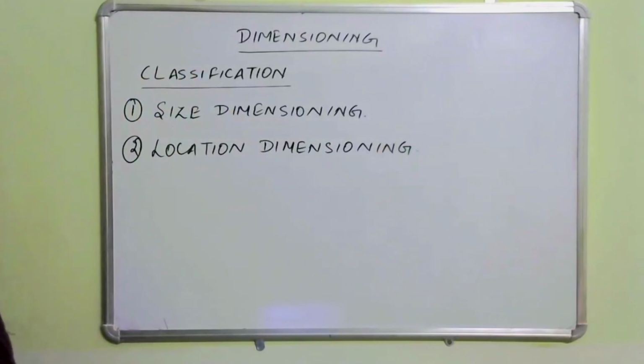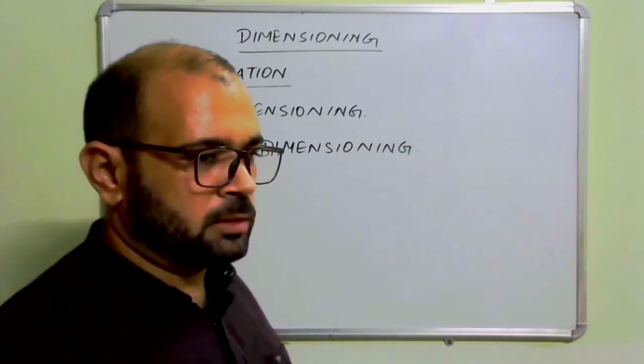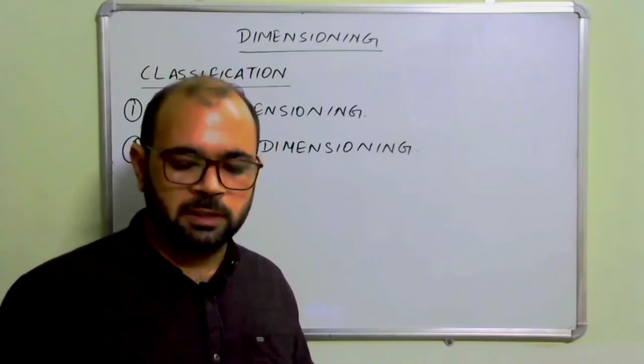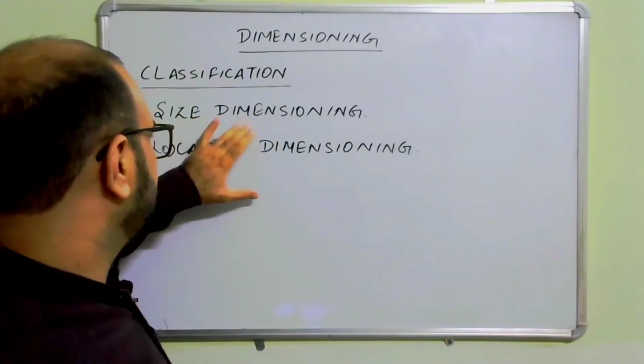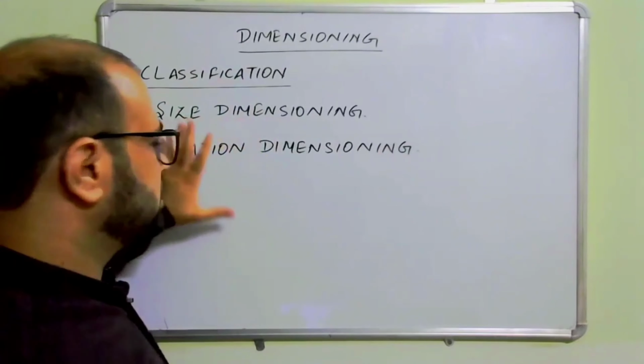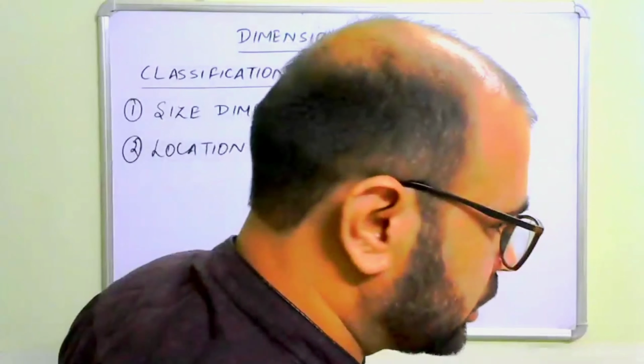So size dimensioning and location dimensioning. The first one, as the name indicates, size dimensioning means the type of dimensioning which tells us the size of any object. So for example,